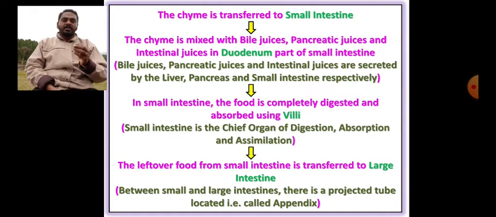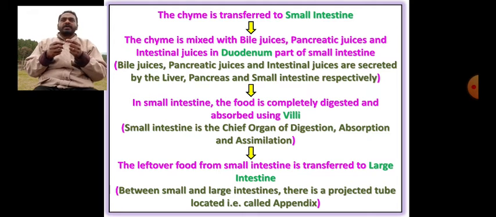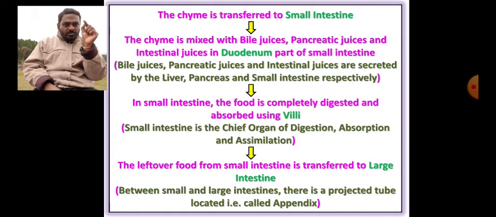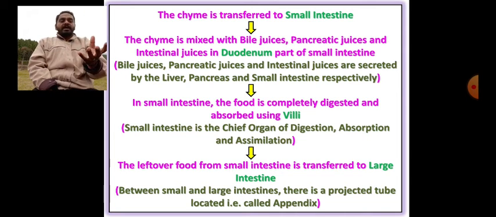And in the small intestine internally, you might have seen if you have gone to a butcher shop, when you purchase goat intestine, there you can find inside small tiny rough surfaces, right? Those rough surfaces are because of small tiny hair-like structures called villi, through which absorption and assimilation take place. So they are present, and there the absorption and assimilation in the small intestine take place.